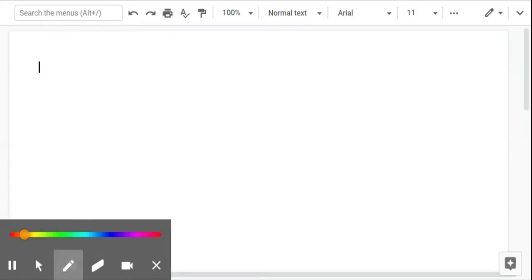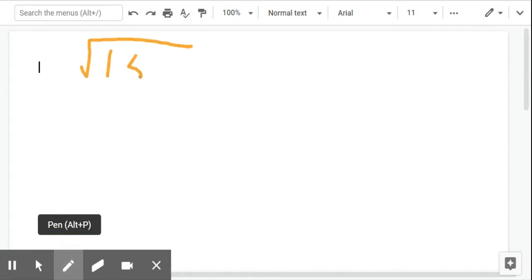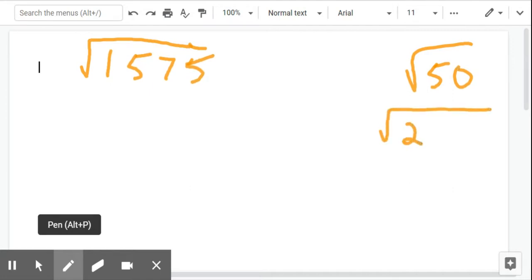Okay, so this video is going to explain my favorite strategy for simplifying radicals. So here's a radical that we're going to simplify together. Before we start doing that one, the usual technique for this is just using what you know about square numbers. So the square root of 50, you can pretty easily see as the square root of 25